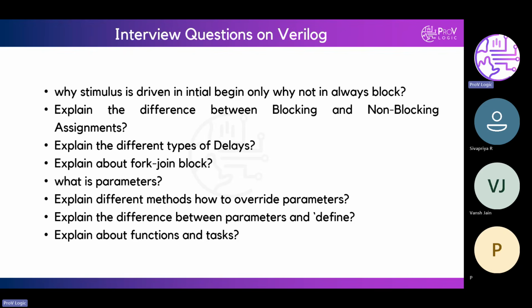what will happen? For example, I want to design a 4-bit register, serial in, serial out. Let's take serial in, serial out only. So then what will happen? For that, I'm using blocking assignments instead of non-blocking. What will happen?